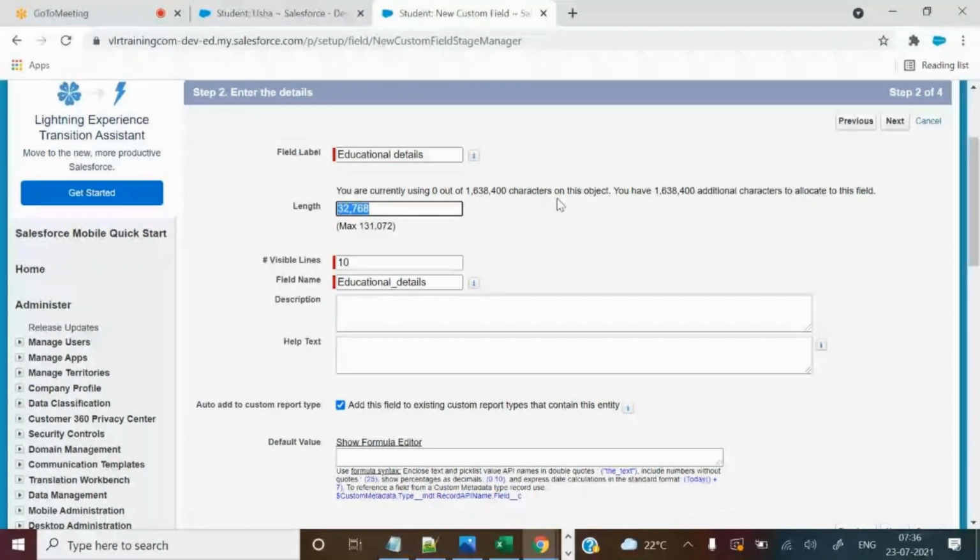Based on the business requirement you can talk to the business team, and they will tell you, and you can add the length based on their inputs. You should not unnecessarily give 1,31,000 characters, because in the back end you might get fraction-of-a-second loading issues, since memory is being wasted. If you give like this, Salesforce will provide that much empty memory unnecessarily.